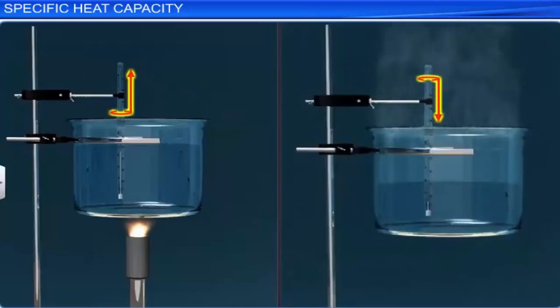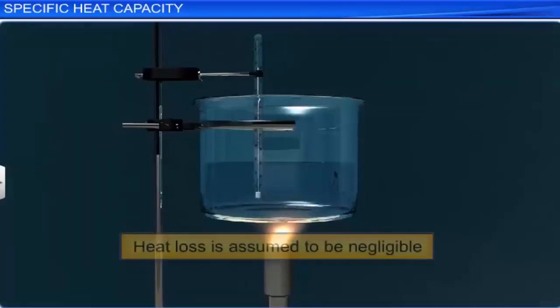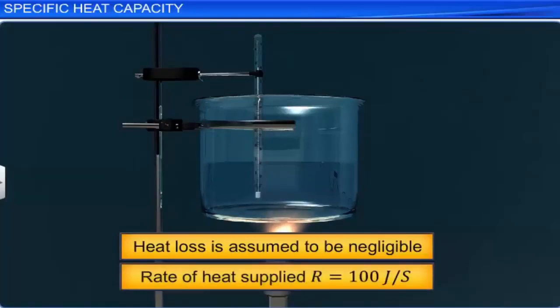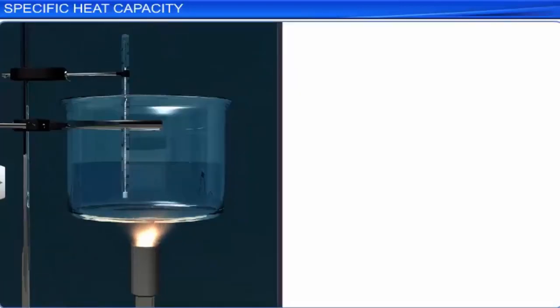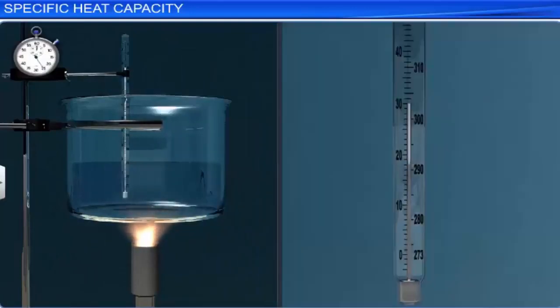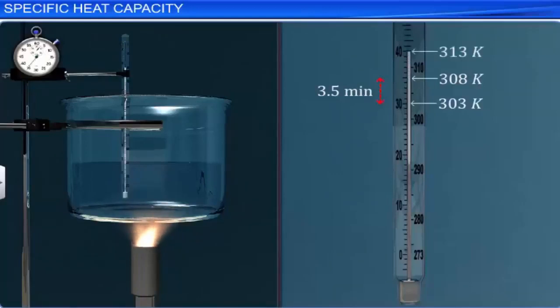Now let us study the factors that influence the heat required to change the temperature of a body. Consider a given quantity of water being heated using a source that supplies heat at the rate of 100 joules per second. If the initial temperature of water is 303 Kelvin and the temperature is increased to 308 Kelvin at the end of 3.5 minutes